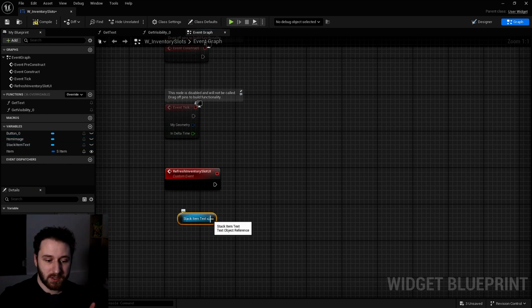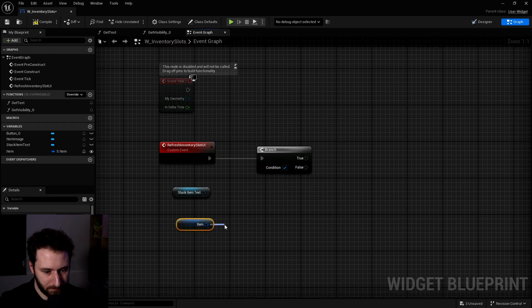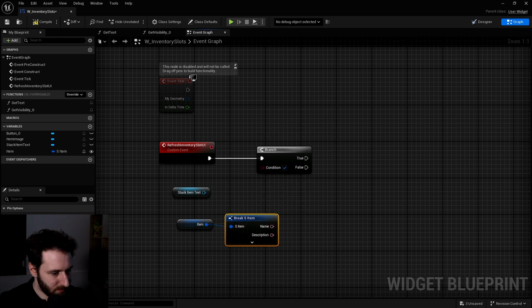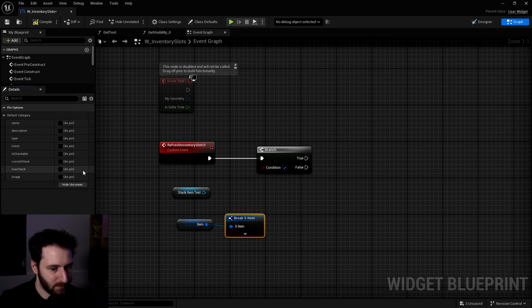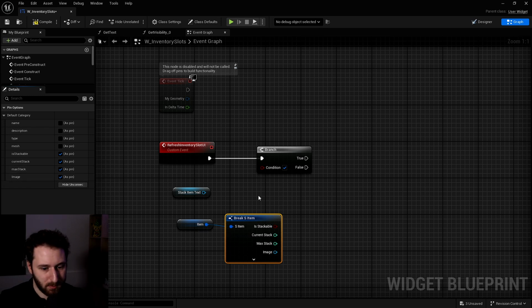We will first check the visibility, so we can do a branch. If our item, we'll break the item. We will need, as you can see, in our item the is stackable, the current stack, the max stack, and the image.